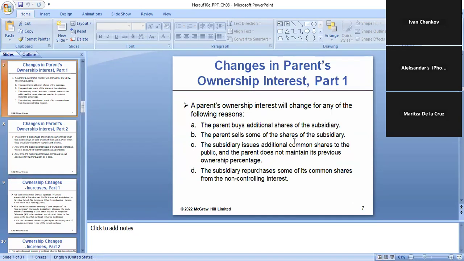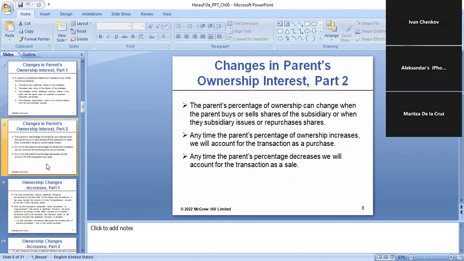now we already know how the ownership changes when the parent buys additional shares. That's going to change the ownership. When the parent sells the shares, that's going to change the ownership. And when the subsidiary issues additional common shares, that will affect the ownership or may not have an effect on the ownership, depending on how many shares the owner owns from the subsidiary. If it's fully owned, then that's not going to change anything. And if the subsidiary purchases some of the common shares from the non-controlling interest, only that's going to affect